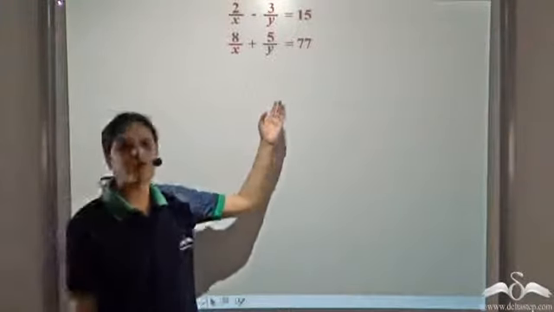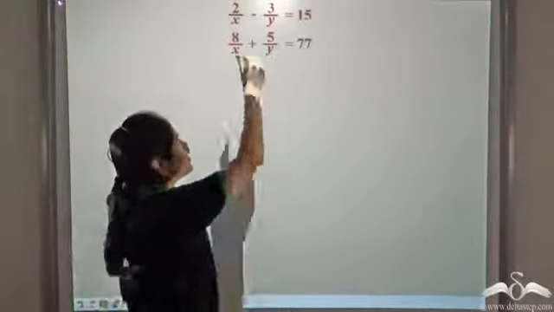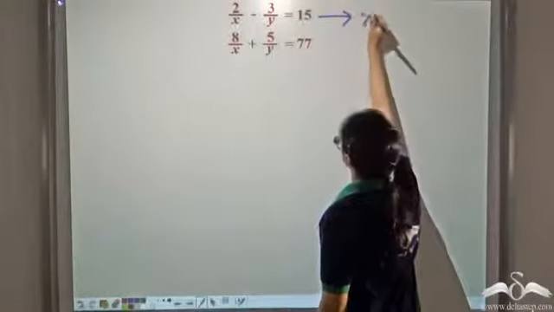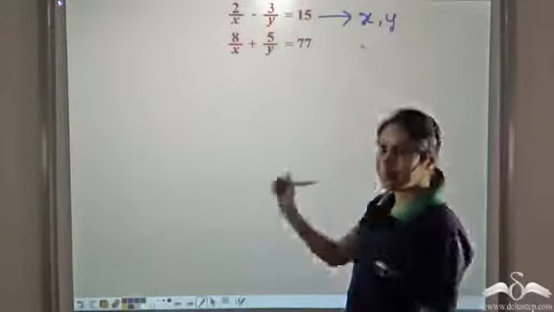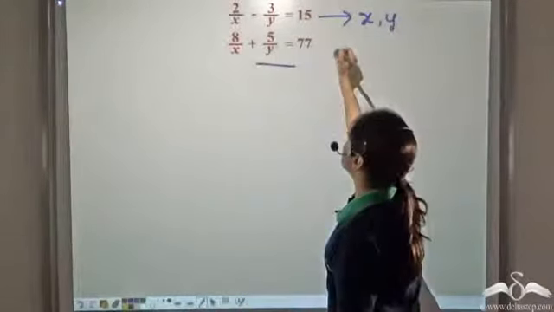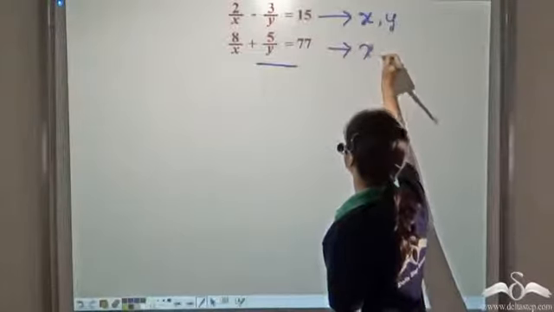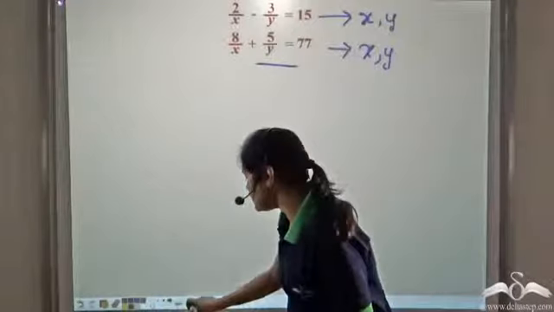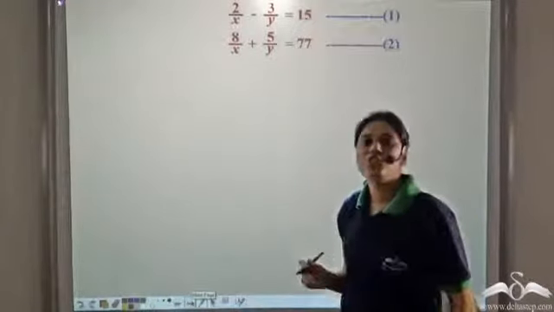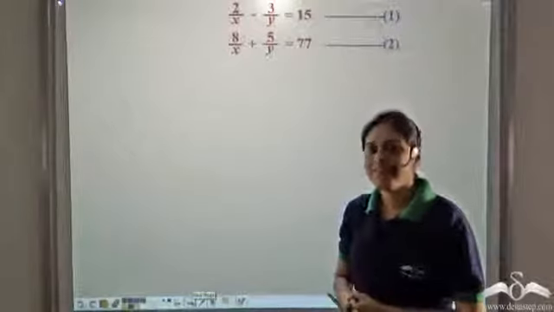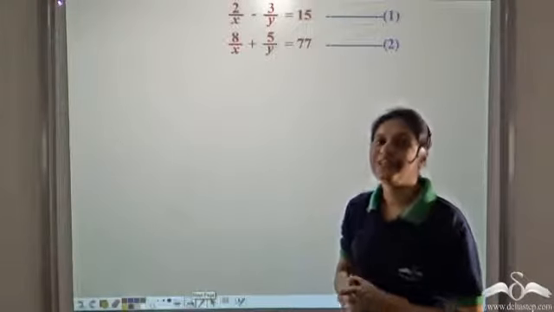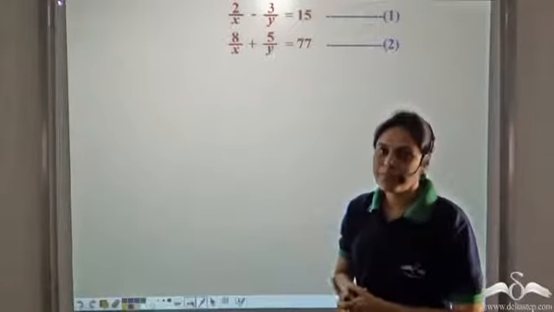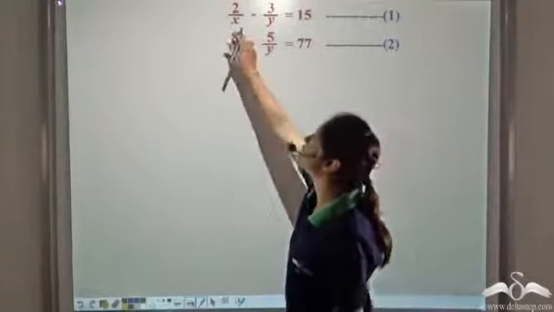We have these two equations here. This equation is an equation in two variables, x and y. This equation is also an equation in two variables, x and y. So these two are equations in two variables, x and y. But the catch is that these are not linear equations in two variables, because the power of x and y